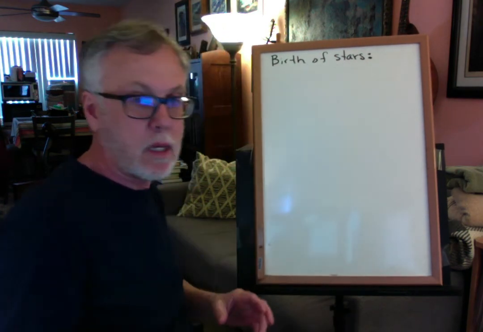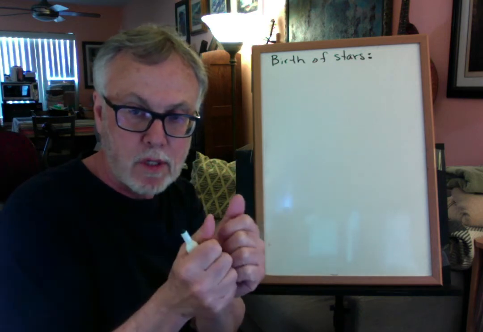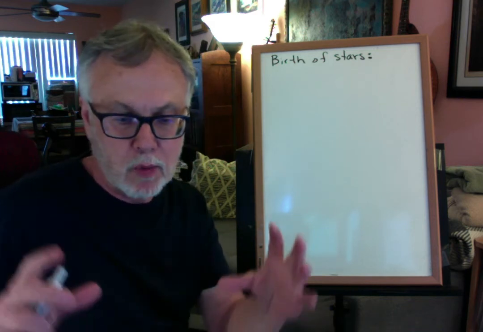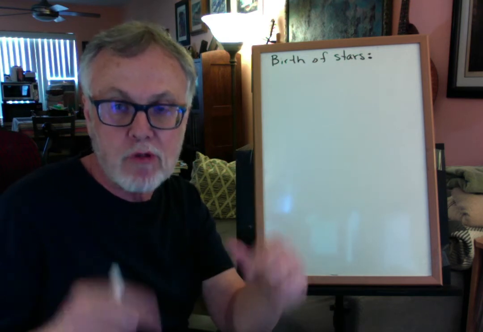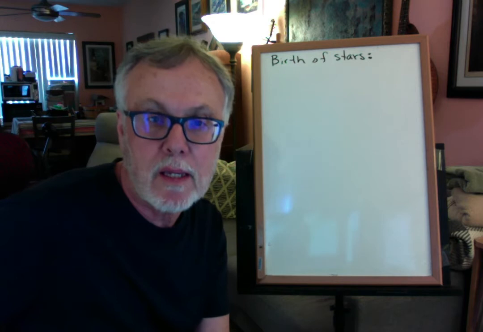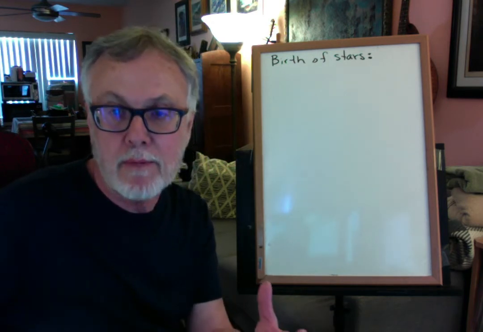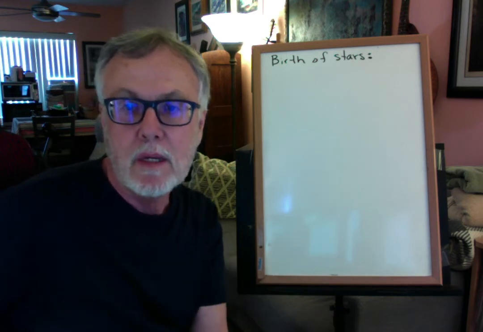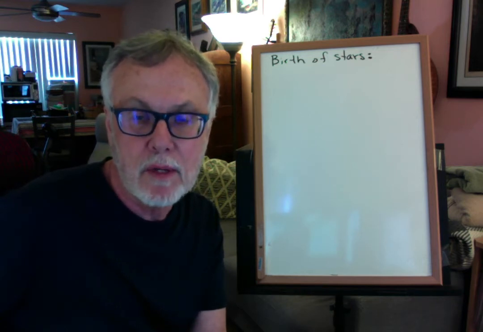By the way, that balance of the gravity pulling in versus the energy flowing out, we've seen before with our sun. What makes all stars relatively spherical and of a certain size is that thing we call hydrostatic equilibrium. Well, that balance of energy flowing out and the power of gravity pulling inward, that balancing of the two, is hydrostatic equilibrium. It starts at the very beginning of the birth of these objects, these stars. Now,